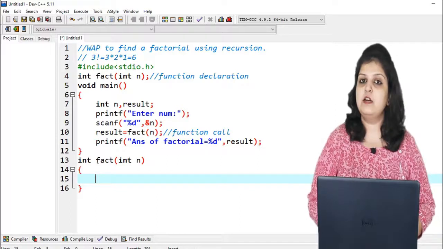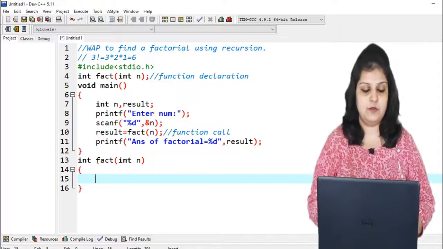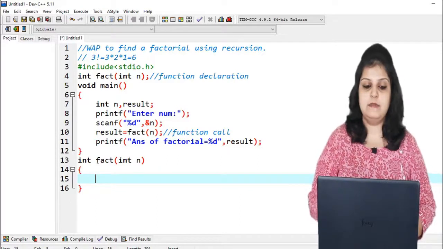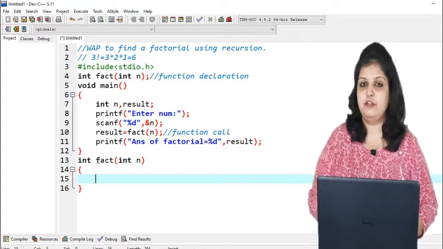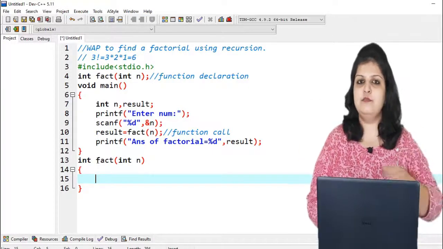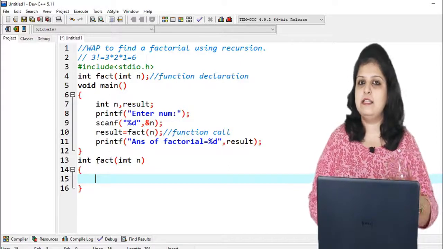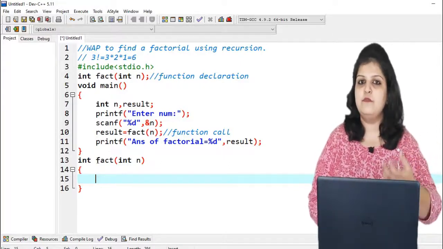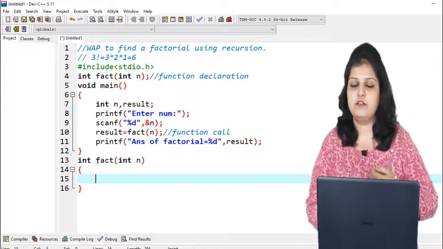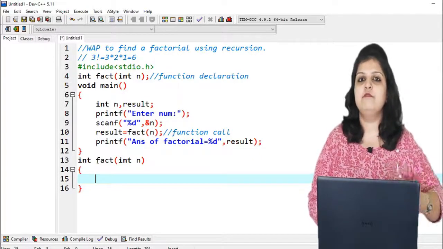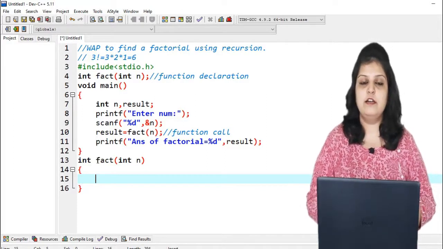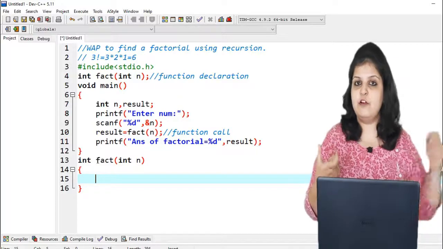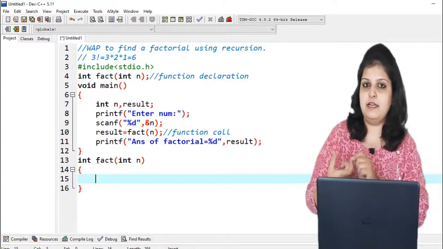So first of all, think about the base case and the recursive case. Our recursive case is the multiplication process, because here you can see in the example of 3 factorial that it is 3 into 2 into 1. If you enter n equal to 5, then 5 into 4 into 3 into 2 into 1. So we have to do multiplication in repetition form. But where can you terminate your program? Our last digit is 1, always starting from n and ending at 1.